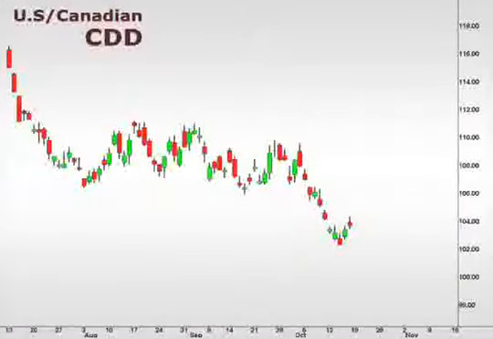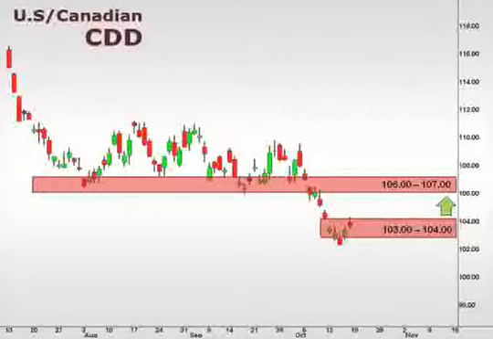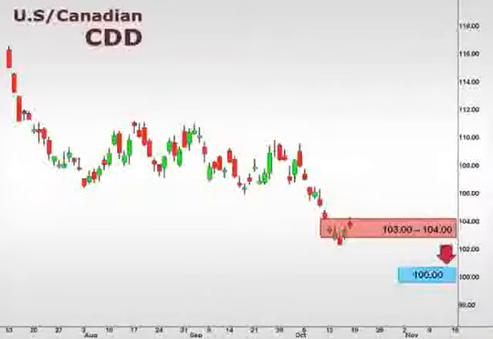Let's take a look at the first of our ISE FX options pair values, the CDD, the US dollar versus the Canadian dollar. Well, the CDD appears to be stabilizing a little bit after a break down below 103 to tap the 102.5 pair value. We can see now we're trading back up into that 103-104 focal zone. At this point, if we do manage to break beyond 104, we may see a test up into this 106-107 focal zone. However, a break below 102 likely will signal a play down into this 100 level, which reflects a